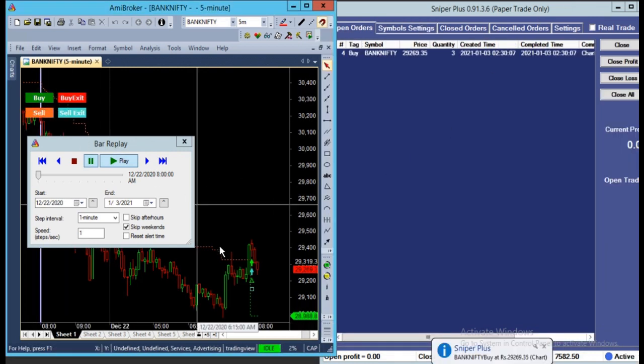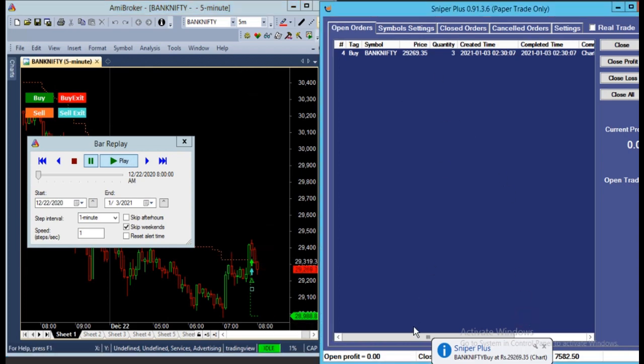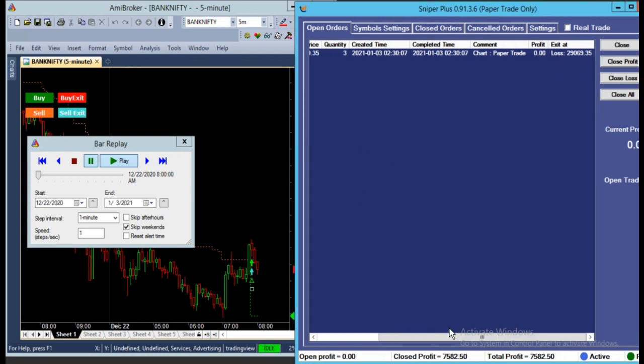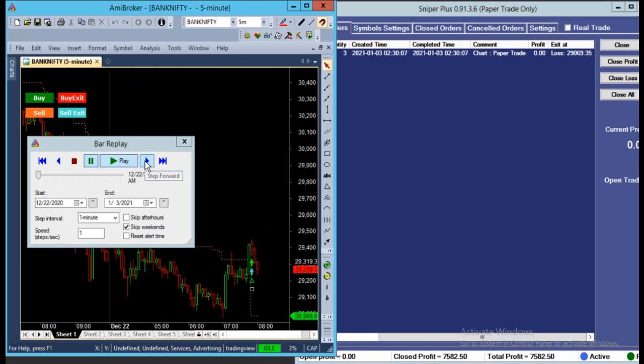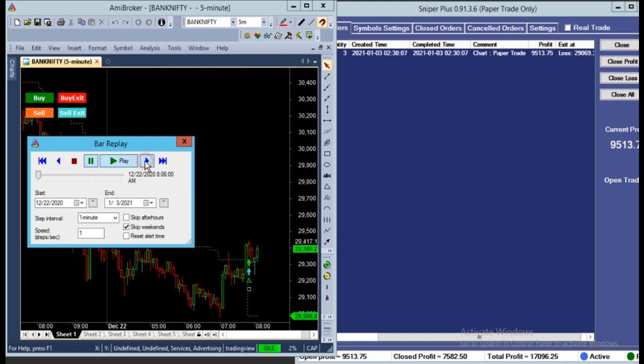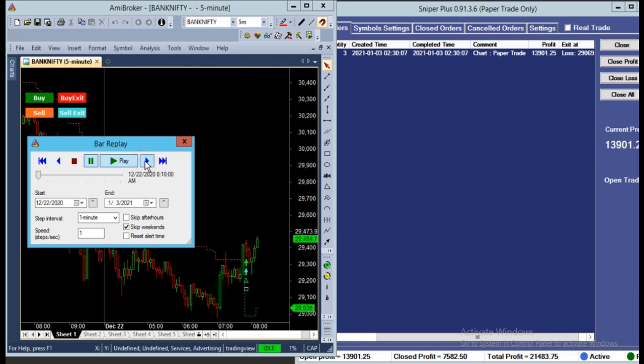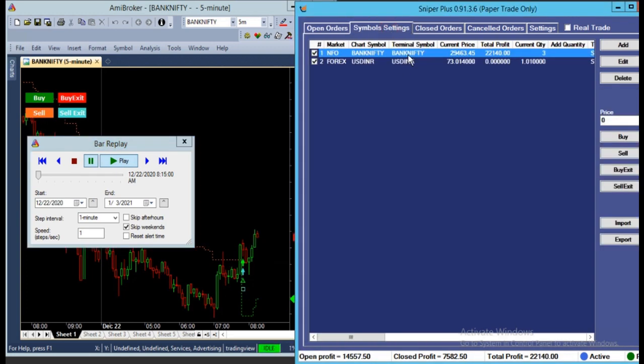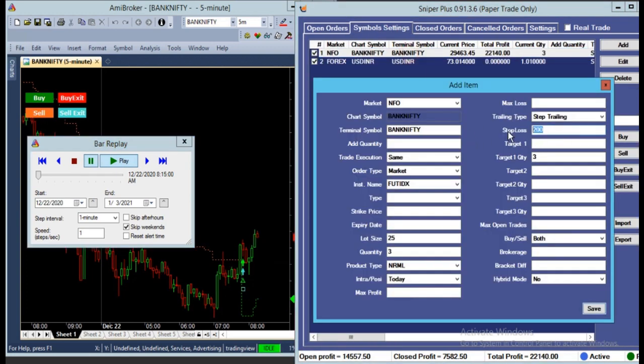So click on buy. We got a buy. Now in open order, we can see the buy at 29,229 rupees, and the loss is at 29,069 rupees. Now what we have to do is come to the chart and play. Now we can see the price is 29,054, 354, 93, 87, 98. When it reached 200, it got changed. Yes, as we mentioned, the step is 200.